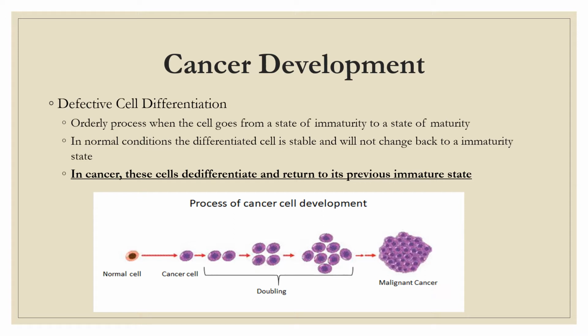So remember that contact inhibition? They grow right next to each other. There's no respect for boundaries, and they double up, they triple up, they quadruple up. And a good example of how contact inhibition is lost is this last picture here. It looks like huge giant clumps of a bunch of cancer cells. I'm sure they have de-differentiated and moved back to their immature state. So those are the two things I want you to concentrate on: defective cell differentiation and defective cell proliferation. Okay?